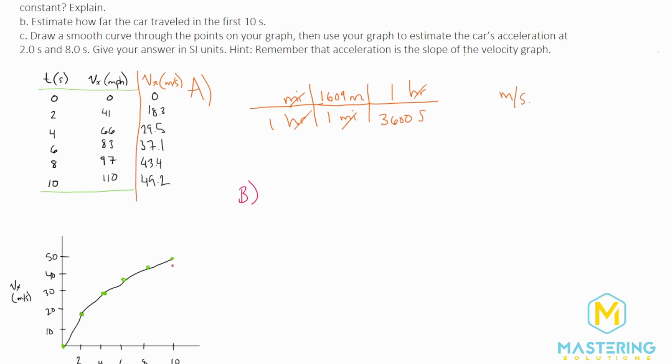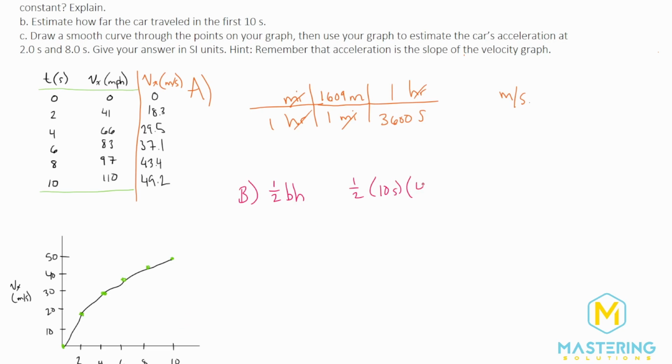I don't usually like it when they put these into the problems because estimating could give different values for everybody. So look at your own graph and do your best estimate. Because we're trying to get the area underneath the curve, you can see how we kind of have a triangle shape here. And so to get the area of a triangle, it's 1/2 times the base times the height. So to estimate this, let's get the base of the triangle, which is 10 seconds. So we'll have 1/2 times the base, which is 10 seconds, and times the height, we're going to have as